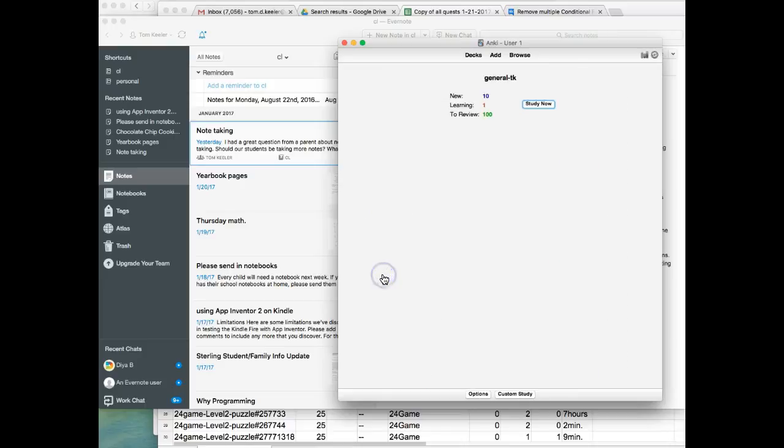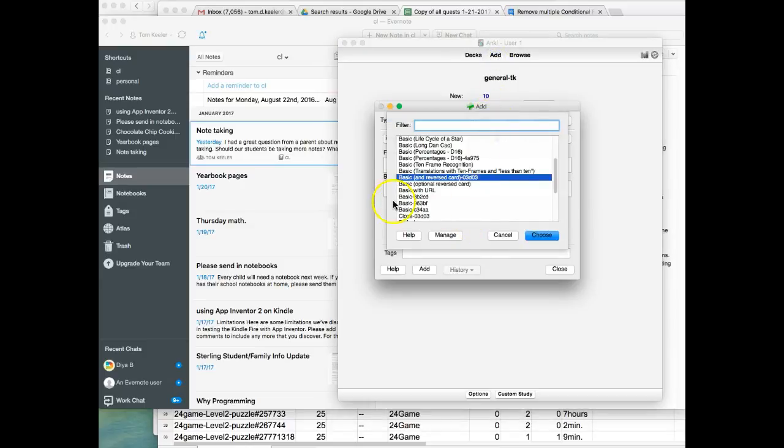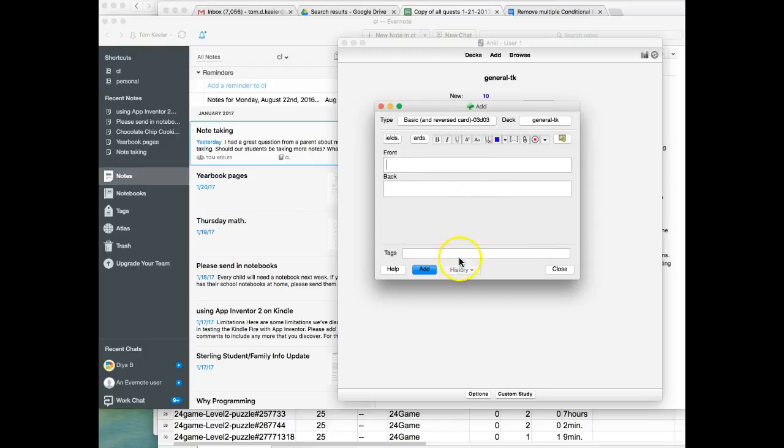Okay, so we open up General TK and we go to Add. So same thing you can do on the iPad, you can go to Add. Okay? And it's this card type. So if you look at the card types, you want basic and reversed. It'll say basic and reversed on the iPad. And so